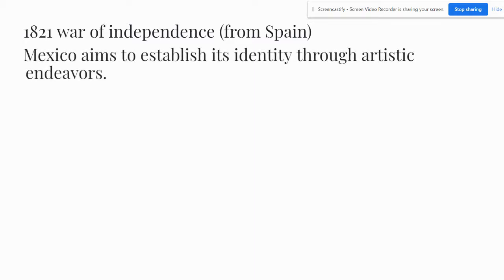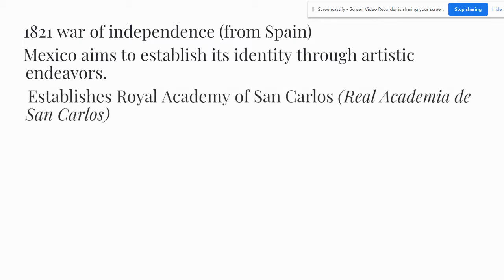And as I've said, after they become independent, Mexico aims to establish its identity through artistic endeavors. The name of the academy was the Royal Academy of San Carlos. And as you recall from the video that you watched from Khan Academy, the person who instructed Velasco, or was a major teacher at this Royal Academy, was an Italian landscape painter. So again, calling back to that older European tradition in order to establish their